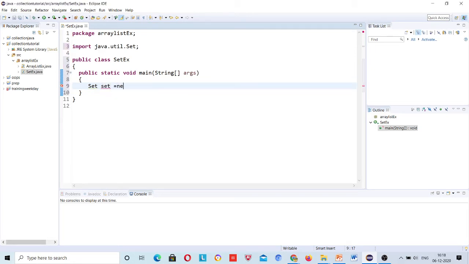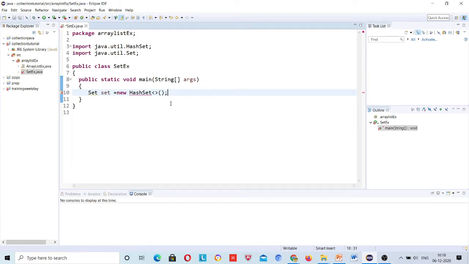That's why: Set<String> set is equal to new HashSet. These angular brackets are for providing the generics. Yesterday I discussed this, right?